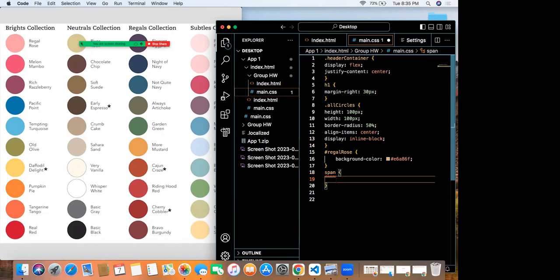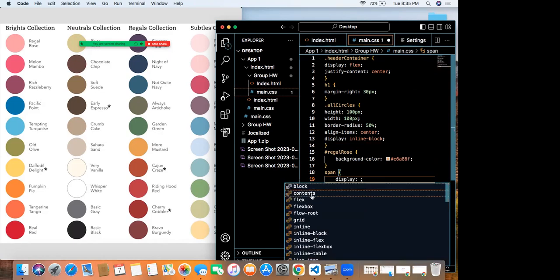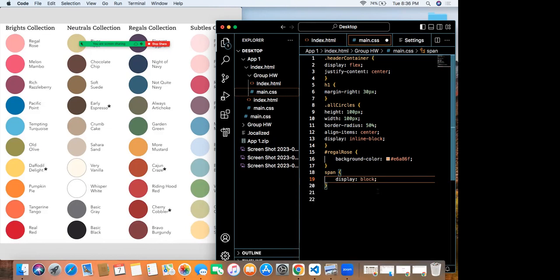Okay. Are we aligning this? Are we doing that inline block or? I want to make it a block. So span is inline block by default. Divs are blocks by default. So if you want them to behave differently, you have to change their properties. You said it should just be type block, yeah. I think it's the first one.